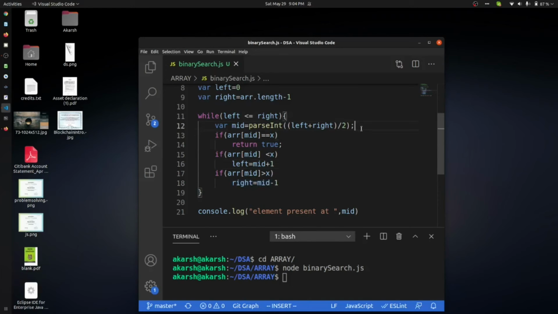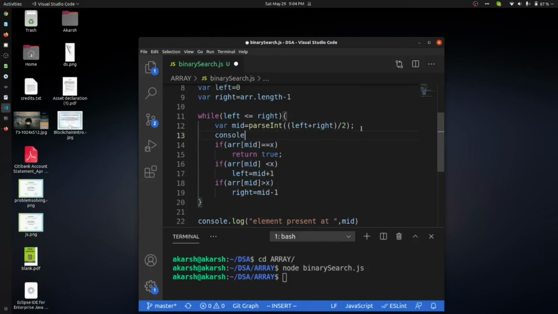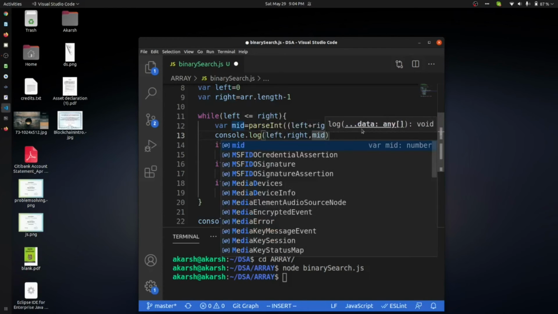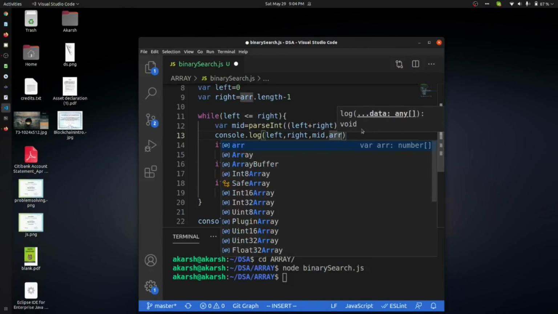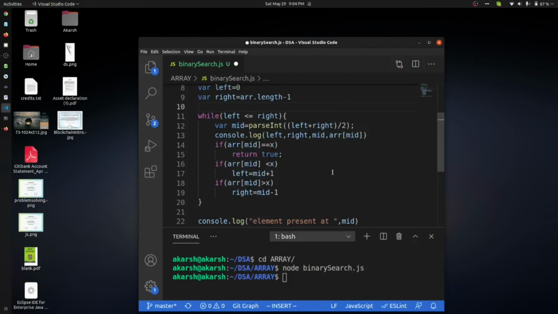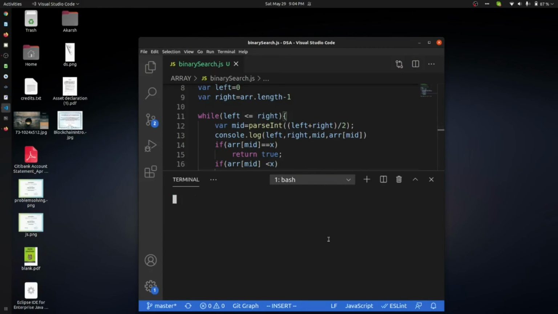So let's add a counter, console.log left, right, mid, arr at mid, here.